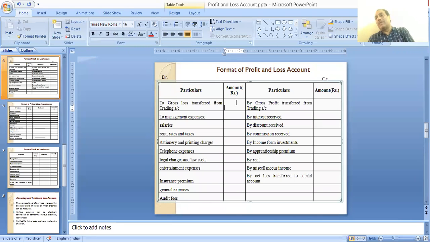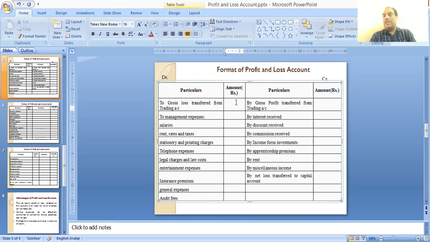Sometimes we pay our employees certain types of perks to entertain them, to motivate them. So such expenses are written here. Then insurance premium. Insurance premium is also part of indirect expenses for a business, and it is written here. General expenses, audit fees. So if these items appear in any of the trading account, then these items are debited in the profit and loss account. Likewise, credit side,